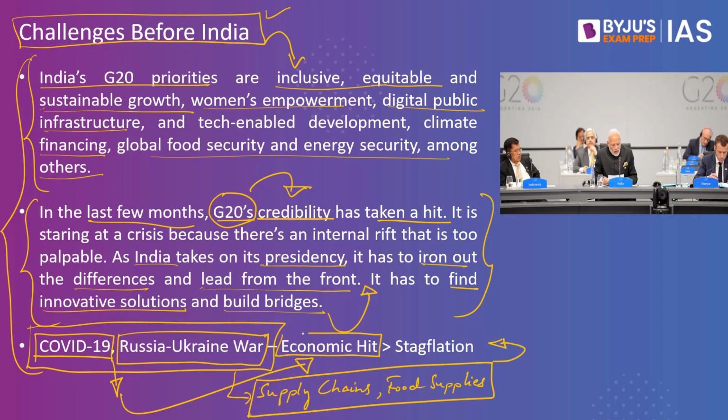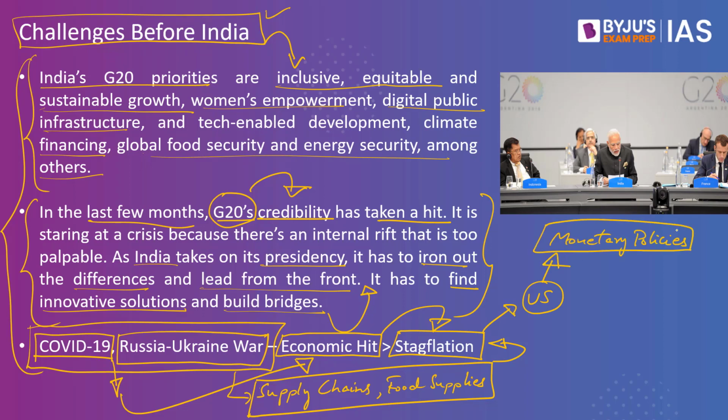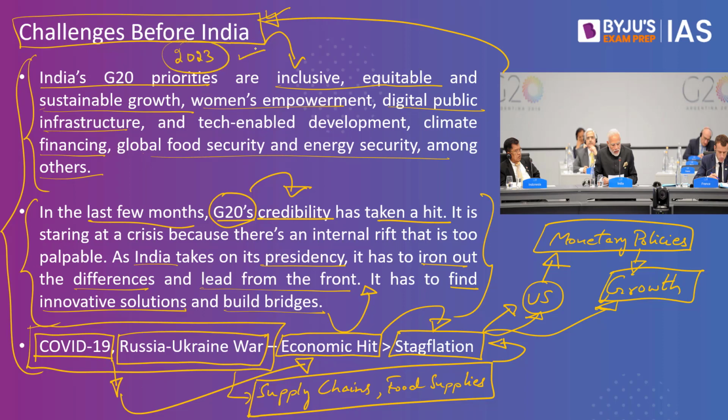So this combined hit has already started pushing inflationary tendencies around the world, especially in key markets like US, which has led to tightening of monetary policies by central banks, thereby pushing up interest rates, which is currently posing a very serious challenge for economic growth. So many experts fear the world to be headed towards stagflation, where we not only report high inflation but also stagnating growth. And this would clearly be the biggest challenge for India to overcome as it leads G20 during its presidency term of 2023. So with this, I would like to conclude today's discussion.